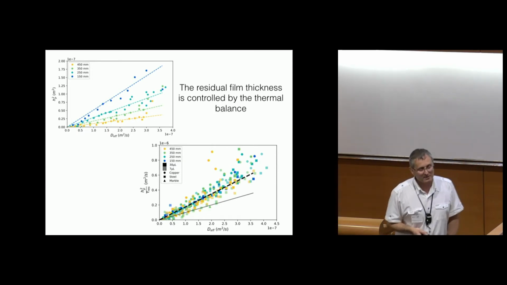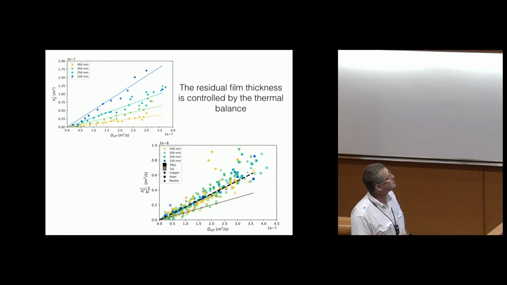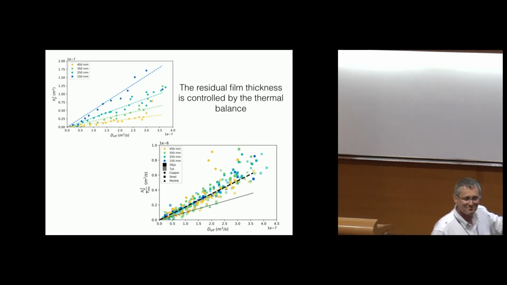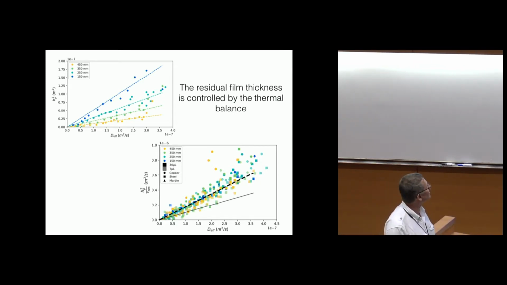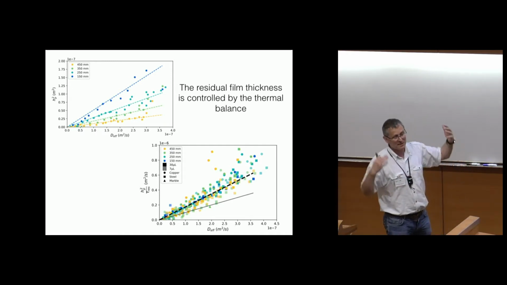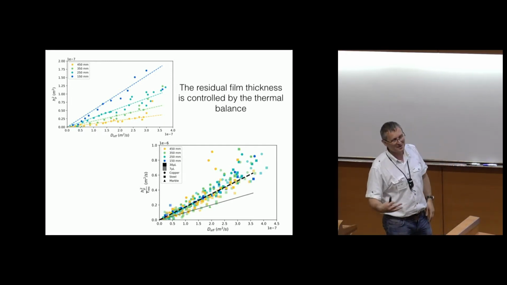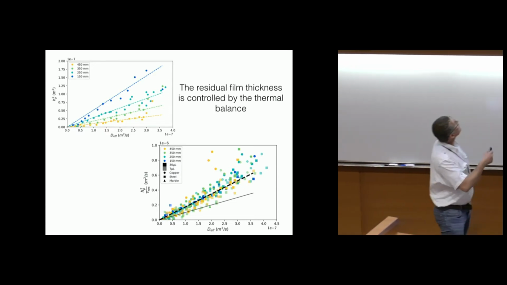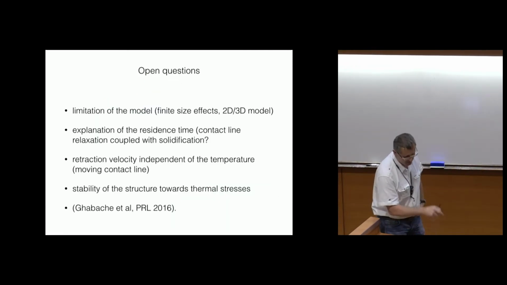Yeah, we have no idea. We have no idea that could really be testable. That's the point. We have some clues, but we have no clear idea how things are working out. That's true. Our model is really simplified in the sense that we take infinite size for the substrate. So it could be. There are a lot of things that.